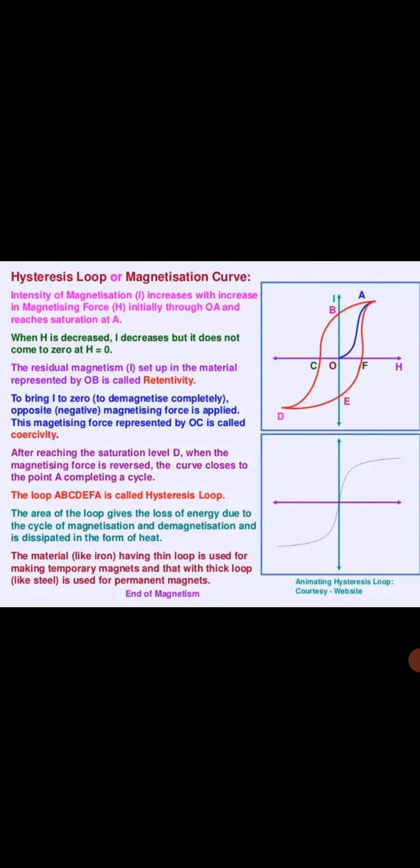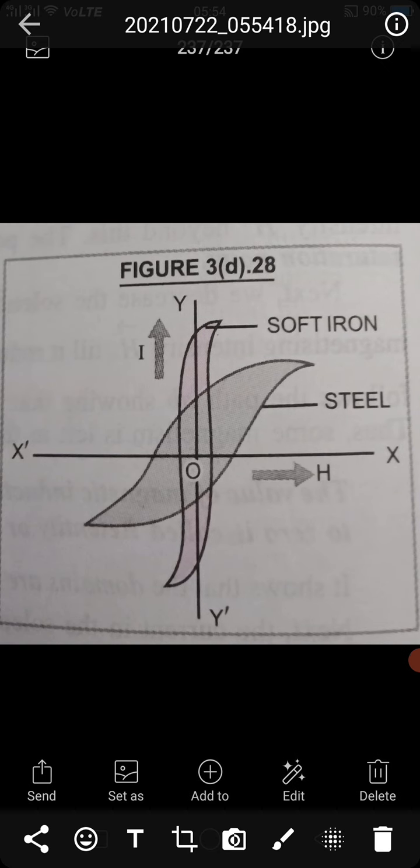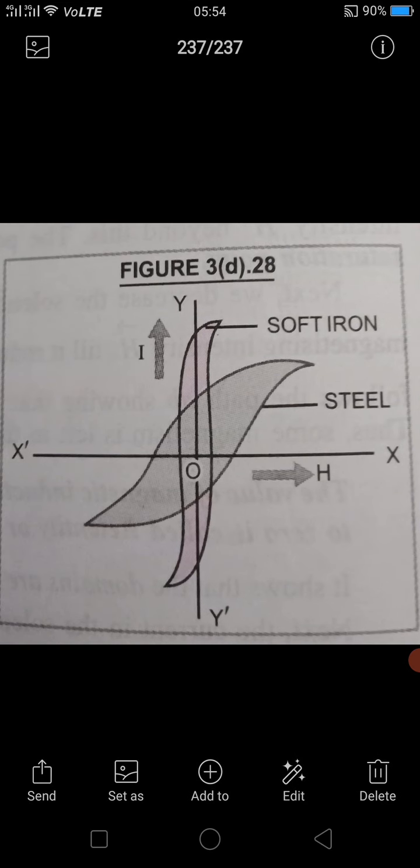And we have some materials which give you the concept of for which type of material we can make a temporary magnet, and for which kind of material, according to their hysteresis loop, we can make a permanent magnet. Okay, so see here, this is a diagram for the soft iron and the steel. Here you are observing for the steel, the retentivity is finite and coercivity is high. So steel, according to the area, the substance